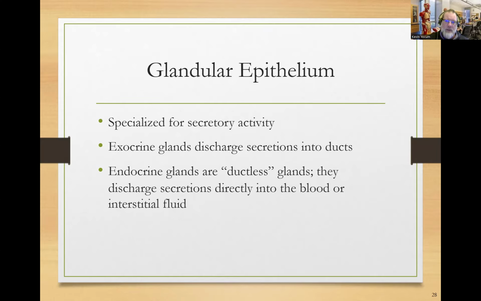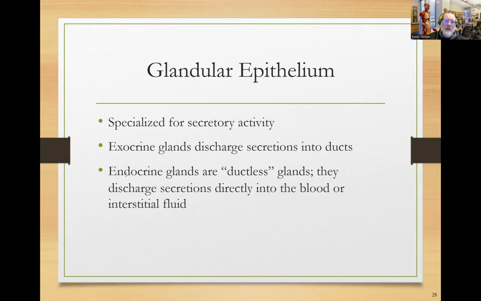So all of those secretions I mentioned, sweat, oil, earwax, saliva, digestive enzymes, these are all exocrine. The ducts are going to be lined with usually cuboidal